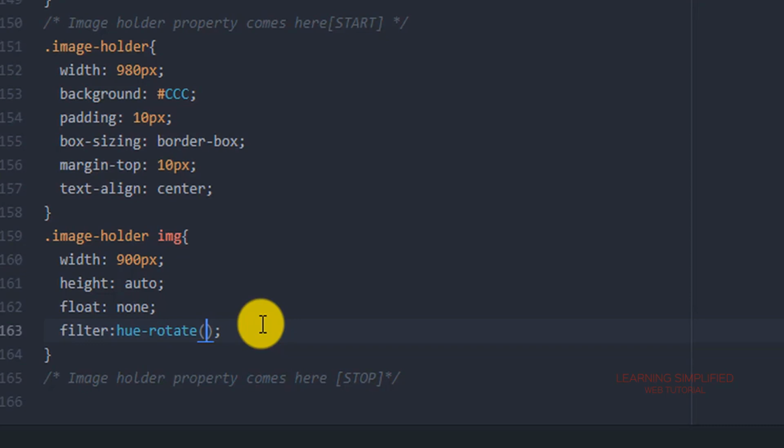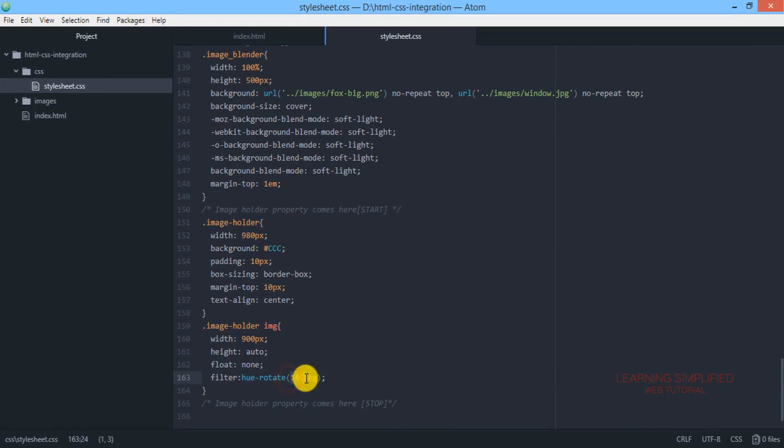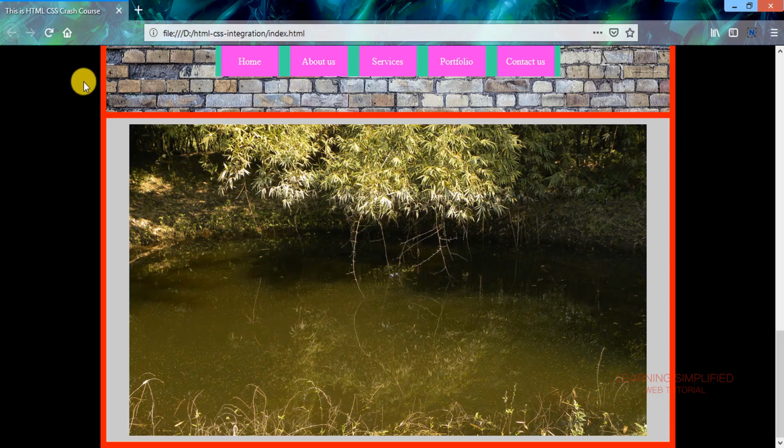In this case, all we need to do is provide the value in degrees. The highest value of degrees that can be imposed over here is 360 degrees. So we have provided here 145 degrees. Now let's get back to our project and reload, and you can see that this will be the output. That means we can change the color output of that particular image.